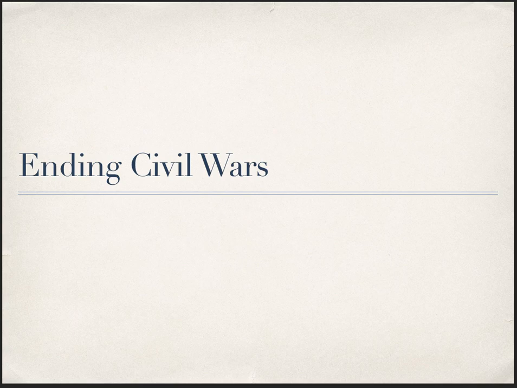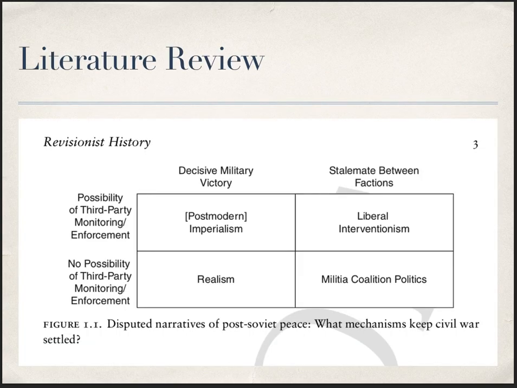Today we're going to talk about how civil wars end. As a jumping off point for this discussion, we're going to use figure 1.1 from the Driscoll reading. This figure breaks down potential solutions to civil war problems into four boxes. Where you fall in the four boxes, what theory you think is most important, depends upon your decision on two assumptions. First, along the vertical axis here,